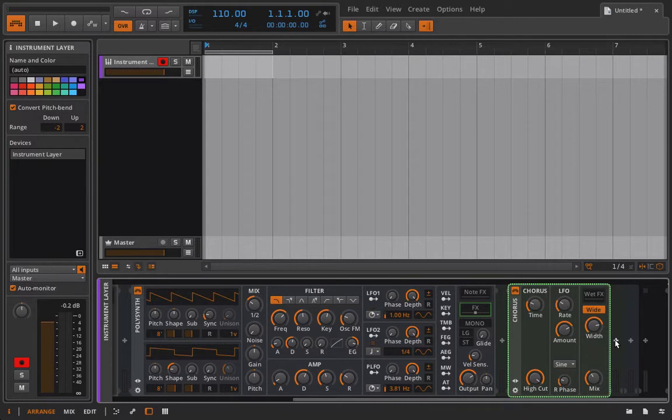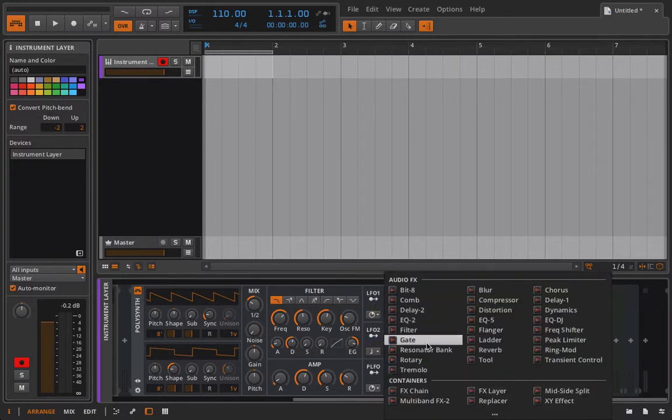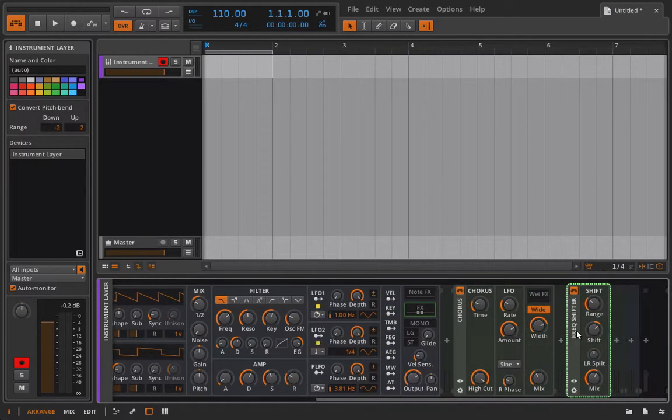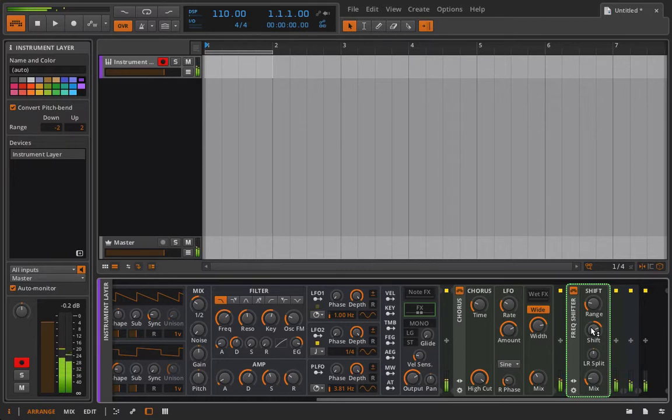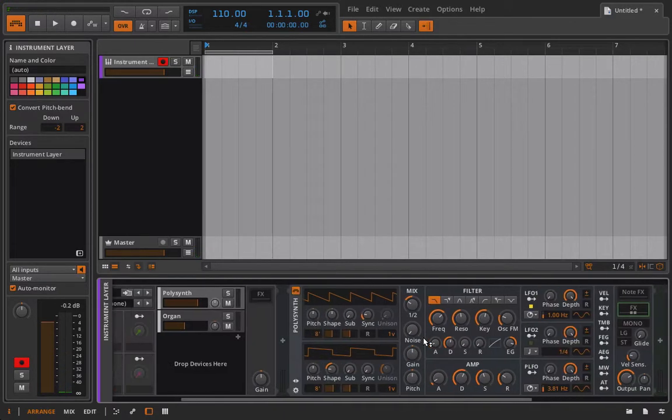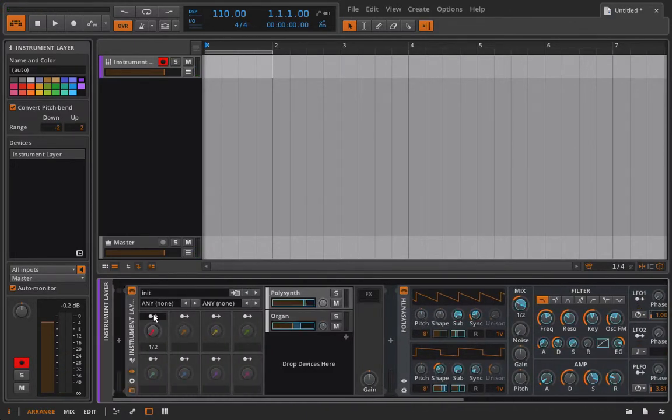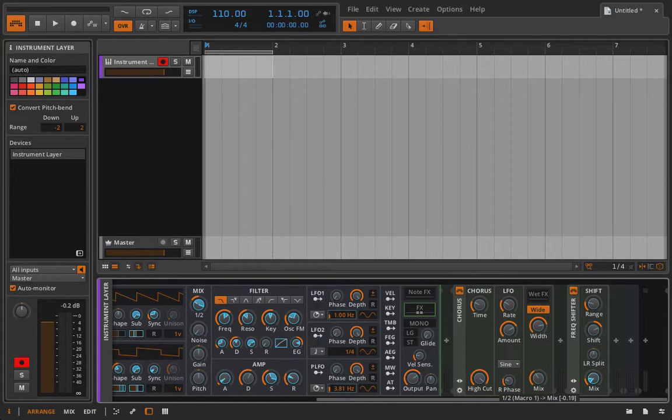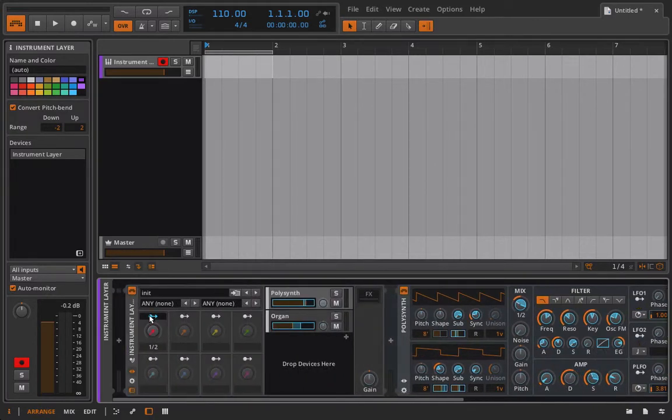Also add in a frequency shifter. And now what I'm going to have happen is I'm going to have these turn off as I move across. Cool. So what I'll do is I will go ahead now and pull these mix numbers down. I can actually have it be a little bit more dramatic. So as we're getting into that bass range, these are already going to be off. And I can pull back on the width as well. So now